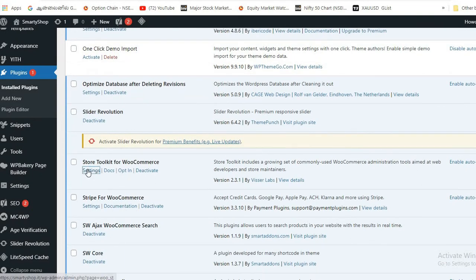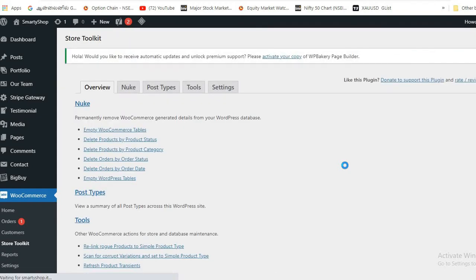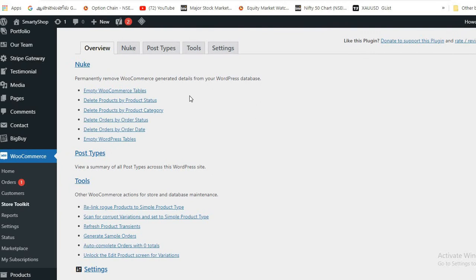In settings, you can see a lot of options to control your WooCommerce store. See here, there are a lot of options to manage our WooCommerce store.